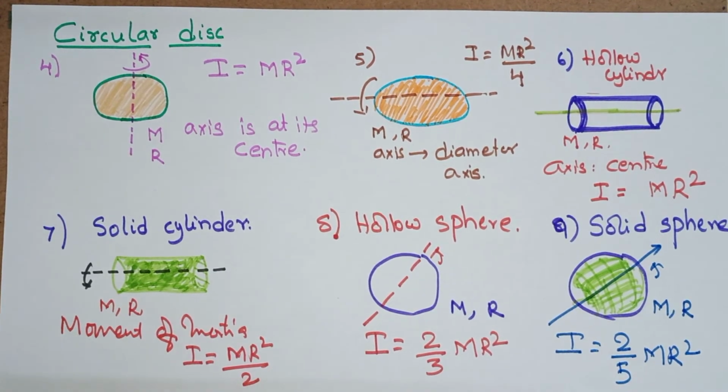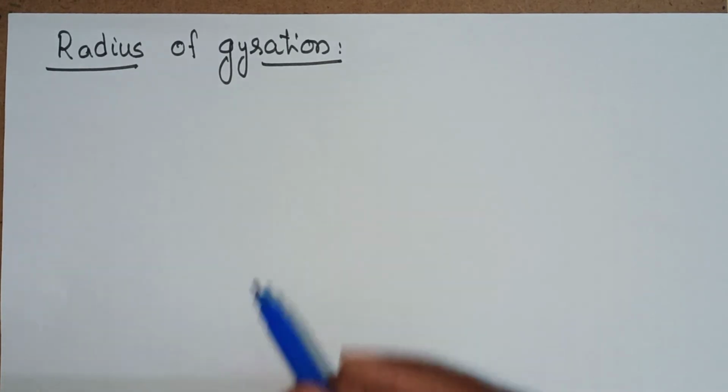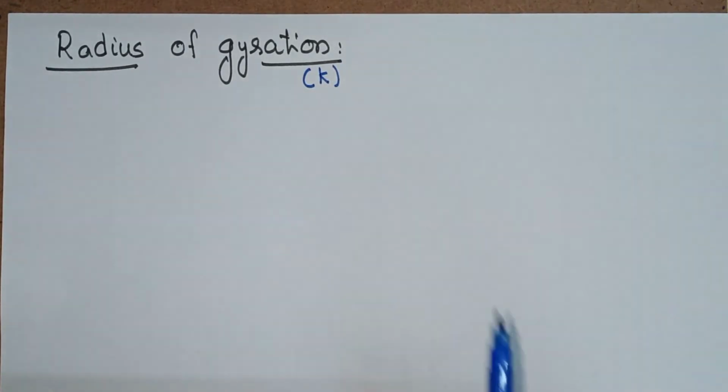These are helpful in solving problems where angular velocity and moment of inertia are given and we need to find L, the angular momentum, and helpful in writing conservation of angular momentum. When angular momentum is constant, we will write I1 omega 1 is equal to I2 omega 2. So this is the radius of gyration, indicated as K, which is a general term to write the moment of inertia, where we change the length, and mass can be the same.